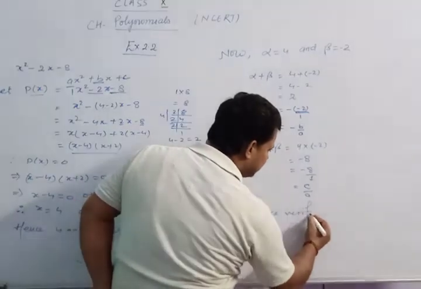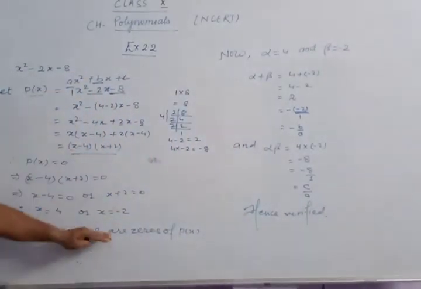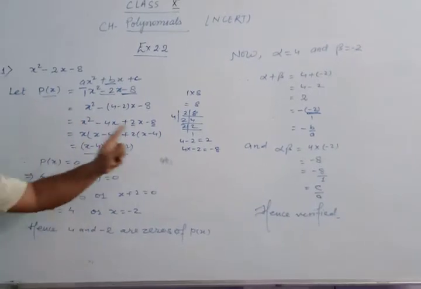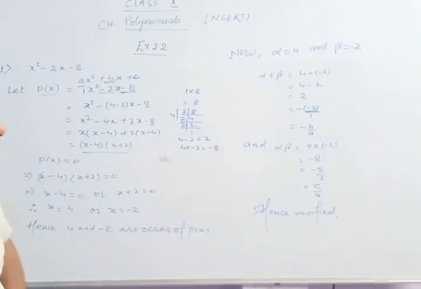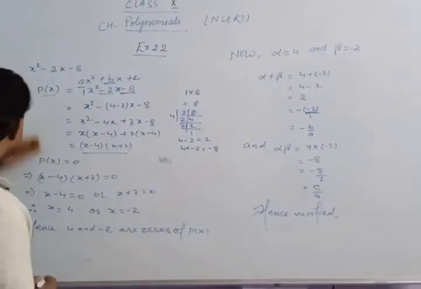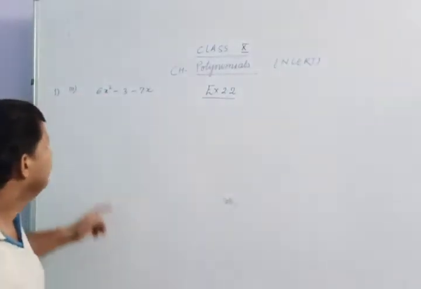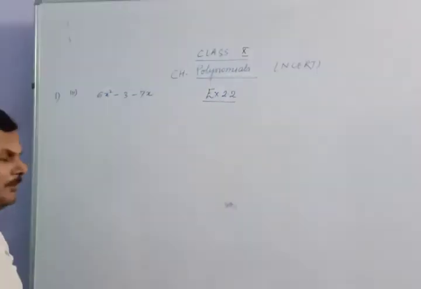And this type of question, when it is asked in the board examination, if zeros are asked, it will be asked either in 1 mark or 2 marks. If the whole part is asked, it is generally asked in 3 marks or 2 marks. So now this was the first part. Now I am going to solve the third one of the first question. Now we are in the third part. I am leaving the second part for you. You have to do yours.